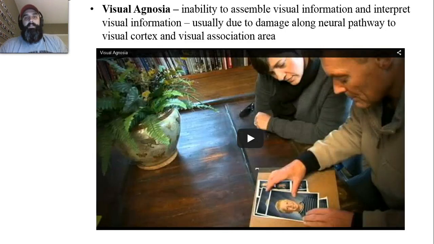One of the big things that you can end up with is something called visual agnosia. It's the inability to assemble visual information and interpret visual information, and it's usually due to damage along some kind of neural pathway to the visual cortex and visual association area. So somewhere along the lines where the images are obtained by the eyeballs and that action potential is sent through the optic nerves, and then it goes to the optic chiasm and it's routed to the